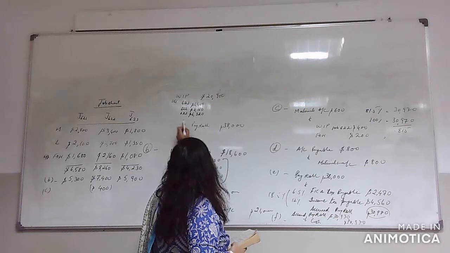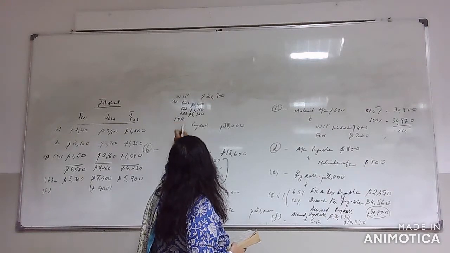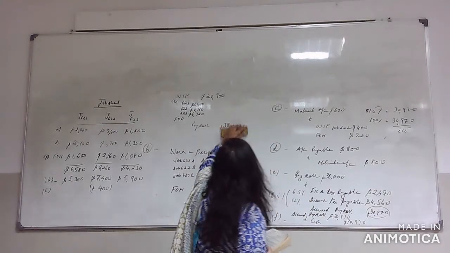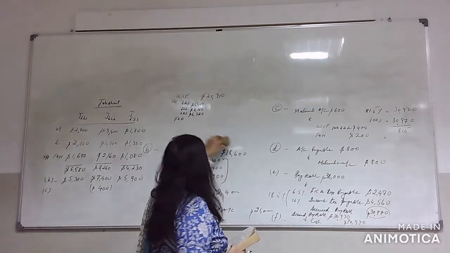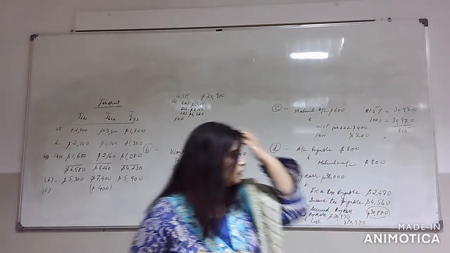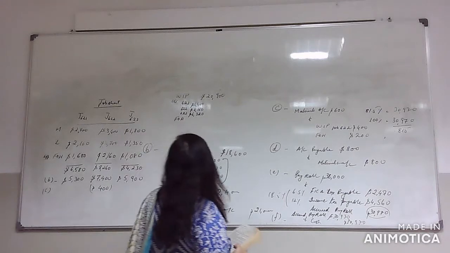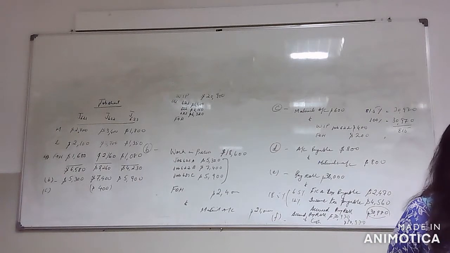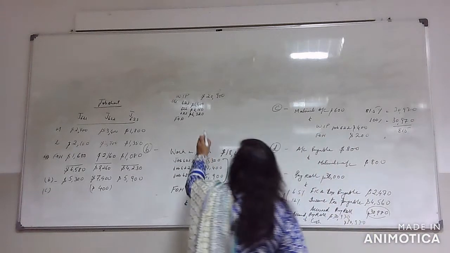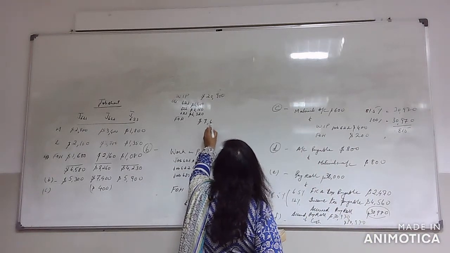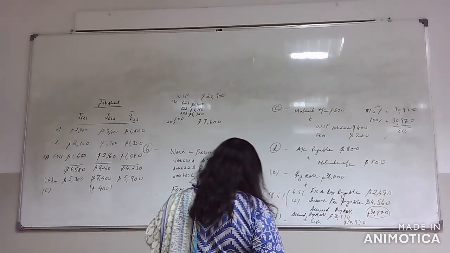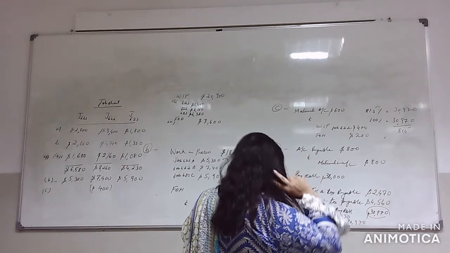Now notice we need also factory overhead, so I'm going to be writing factory overhead. Okay, I'm running short of space, so I have to rub this payroll. I'll have to rewrite it a little lower than this level. So first of all, factory overhead is how much? It was, I think, 7,600. Yeah, it was 7,600. Now this was 20%, okay? I was writing the percentages for you. And then the sales salary was 15%.